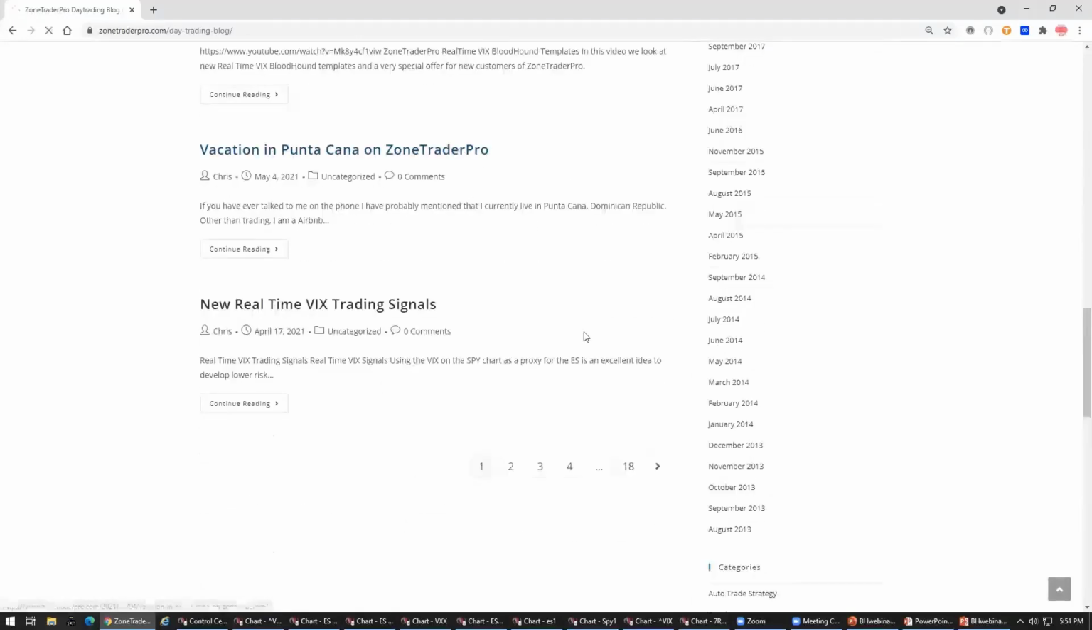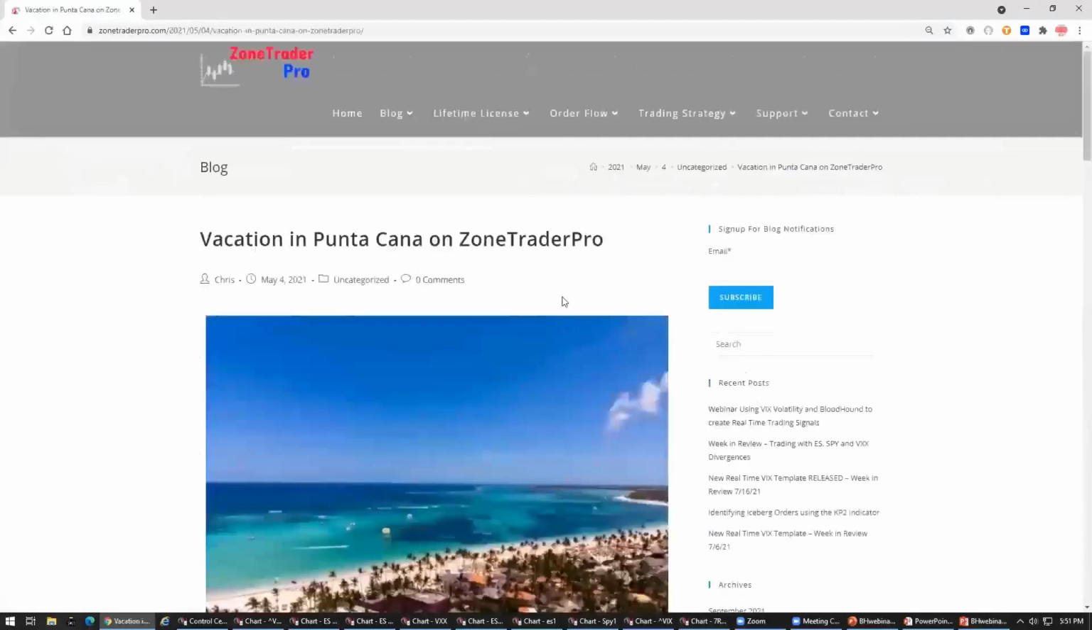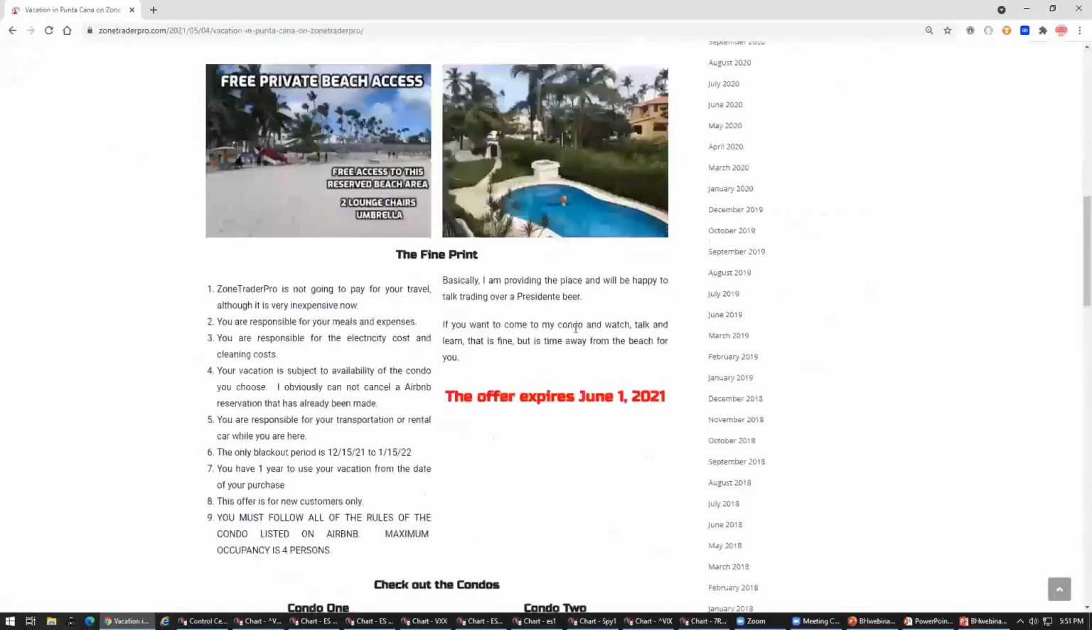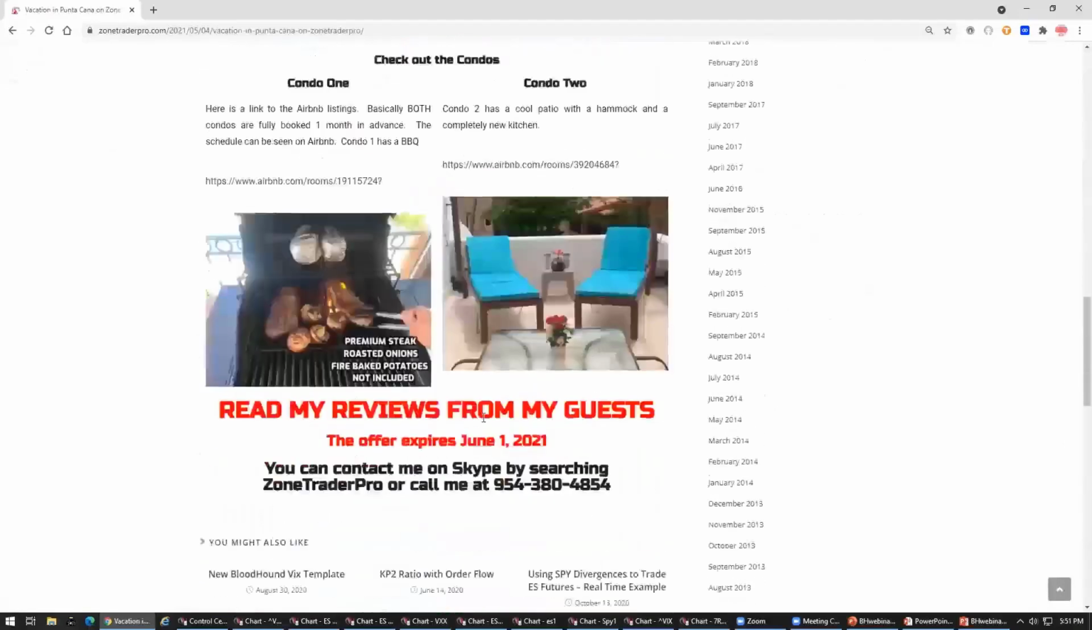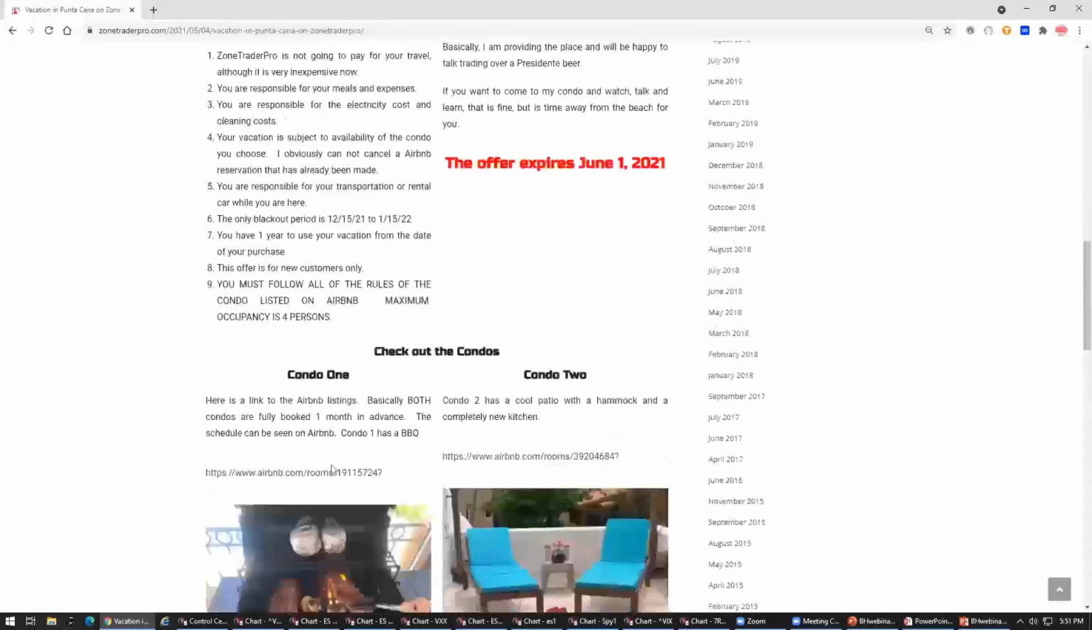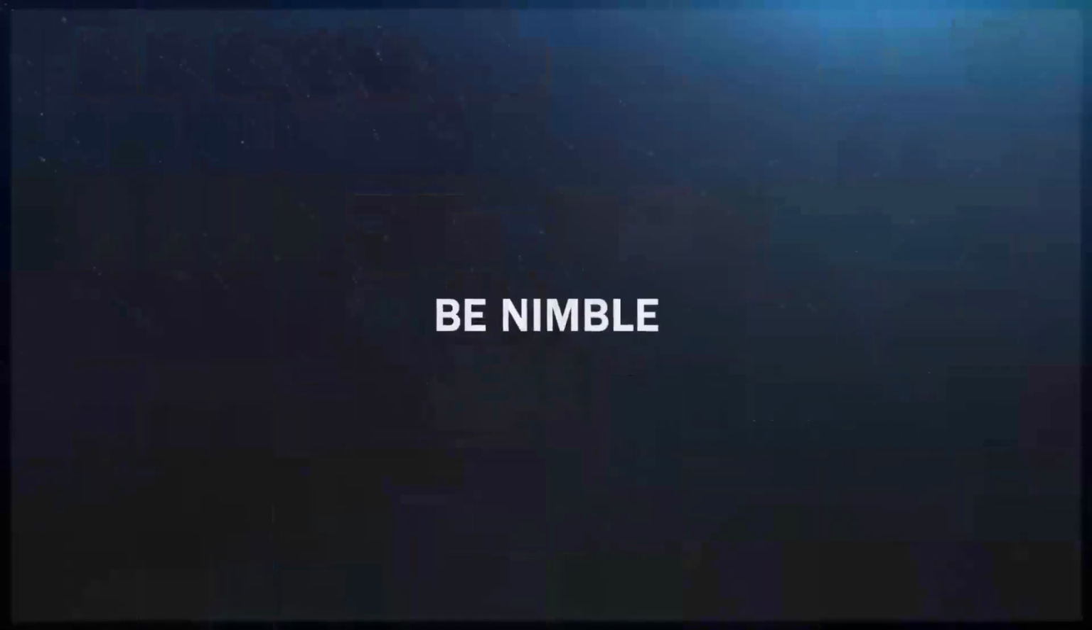Down here a little bit further, if you want to check out the actual condos themselves in Punta Cana, here it is. There are links to each one of the condos down here. So with that,